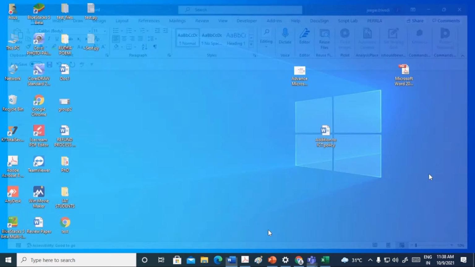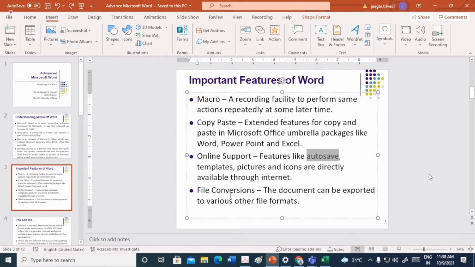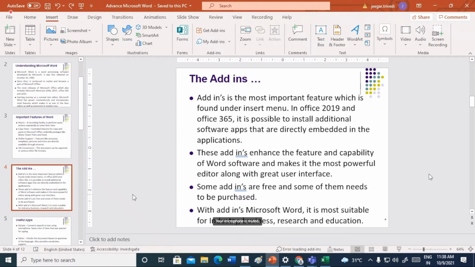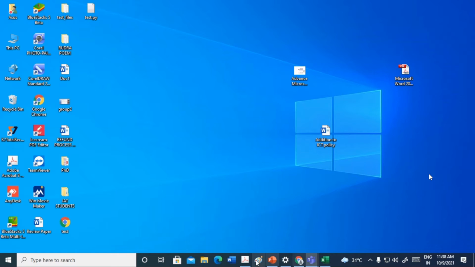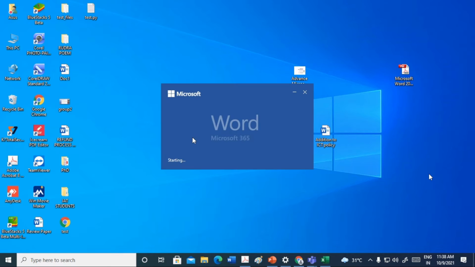So that covers file conversions. Yes, another important feature that I forgot to mention initially is the macro feature. Can anybody tell me what a macro is? A macro is one kind of recording facility that is available in Word, PowerPoint and Excel. So let us create a simple macro.